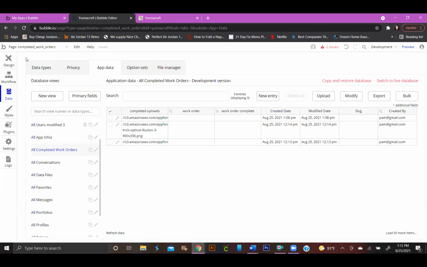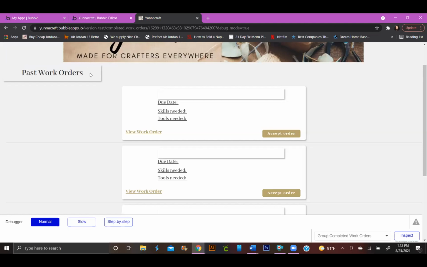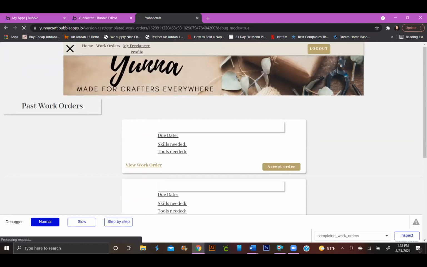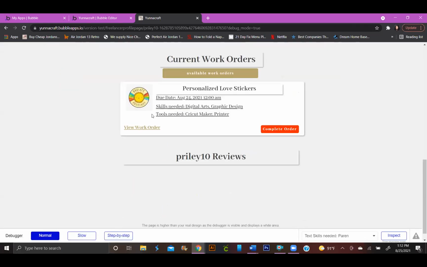I want the same information that's on the work order card. So this, oh, hold on. I think it's getting in my way. I would like this same information here to show up on the other page, because eventually I'm going to have this card be deleted from current work orders. So they won't be able to see it here. And it'll just be in